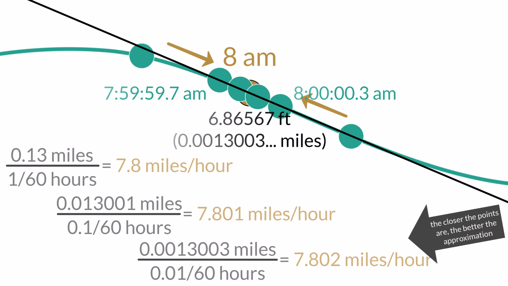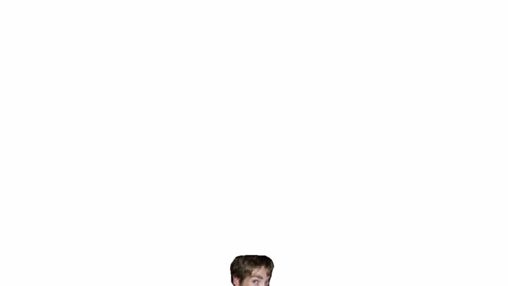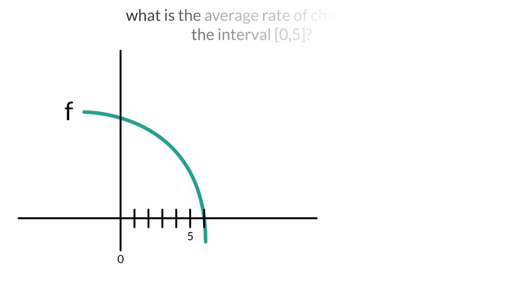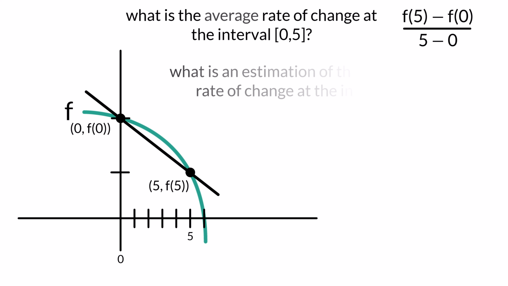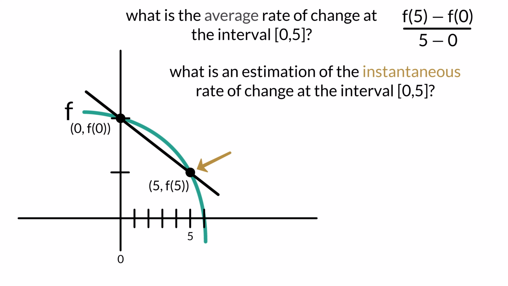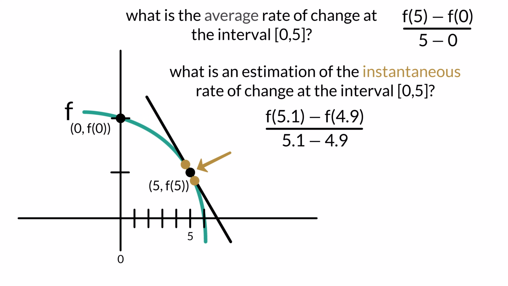Abandoning our running example, let's look at some more mathy things. Let's take a look at a graph of some function f. To find the average rate of change, aka our slope, on the interval from 0 to 5, we would calculate f of 5 minus f of 0 over 5 minus 0. To estimate the instantaneous rate of change at 5, we need 2 points very close to that point at 5. A good approximation for the instantaneous rate of change at 5 might be f of 5.1 minus f of 4.9